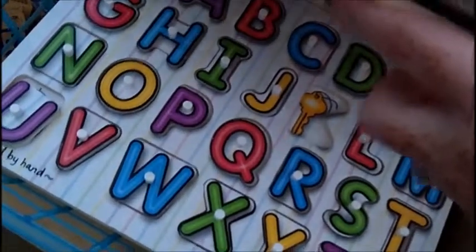Our Melissa and Doug alphabet puzzle is down there. Then here I have a shapes and colors one, and then on the very bottom is a telling time. So those are those puzzles. I'll have to put that one together in a minute. And up here